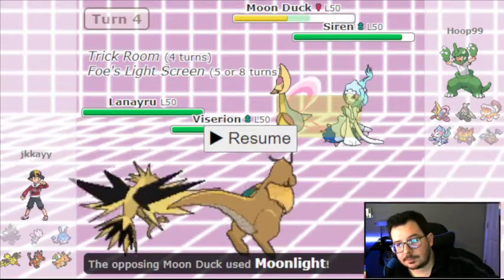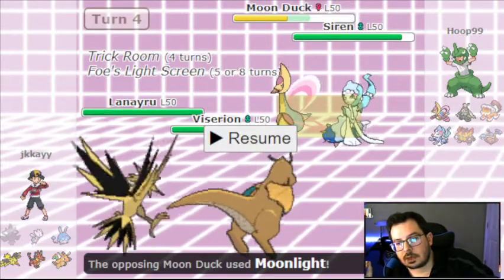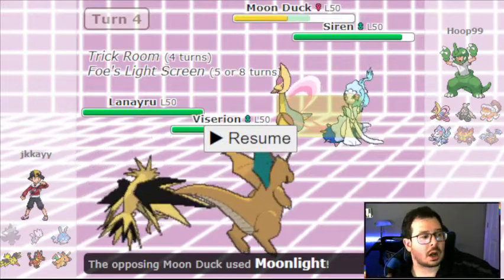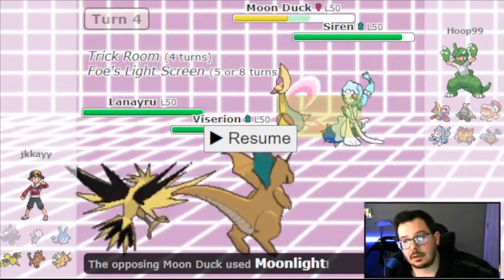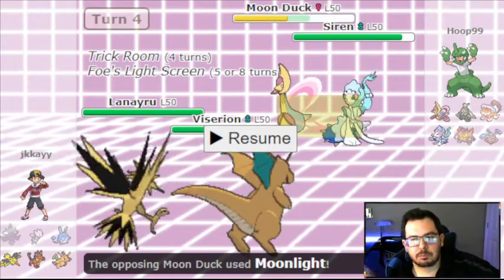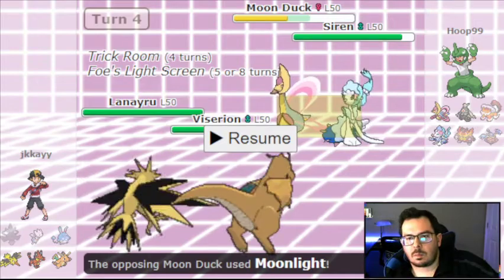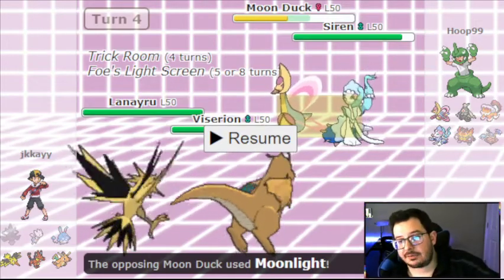I figured that the Primarina was either going to swap or try and attack. It just protected last turn, so I wanted to fire off my Z move now in that slot, knowing that he could have Landorus in the back, but he probably would have brought it in to fight the Dragonite. I don't know for sure. I felt like this was as good a time as any to fire off the Z move,